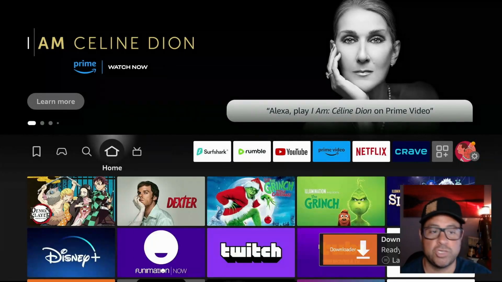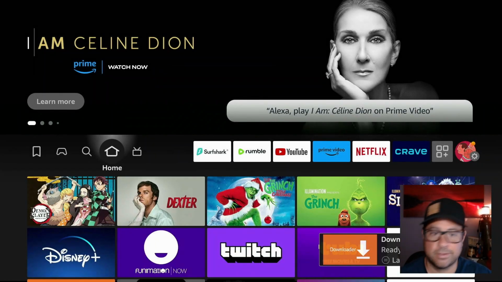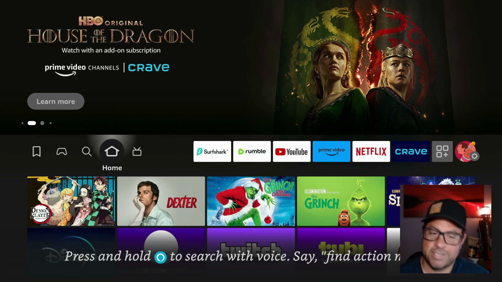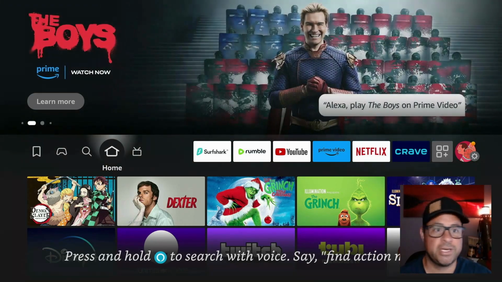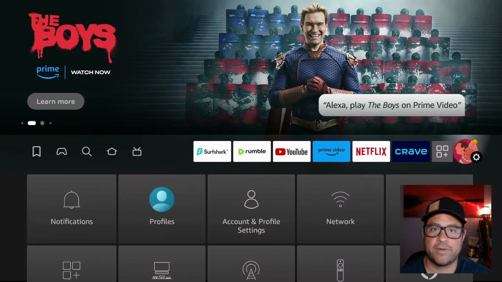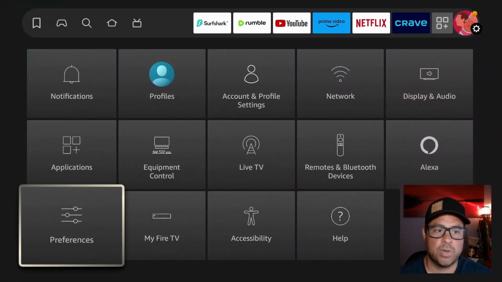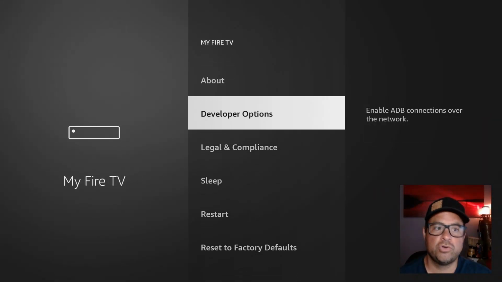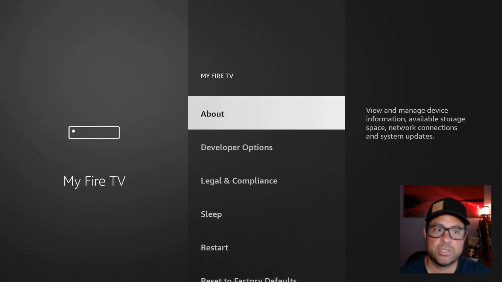We need to jailbreak our Amazon Fire TV stick, which is actually just enabling an option. So head over to the settings icon on the far right, come down to My Fire TV. If you do not have developer options already listed, you can just go to the About right above it there,